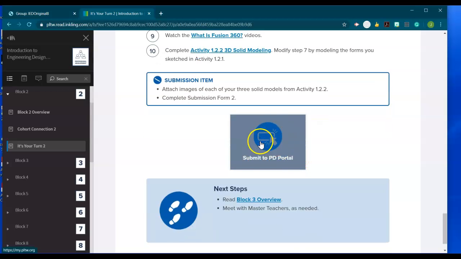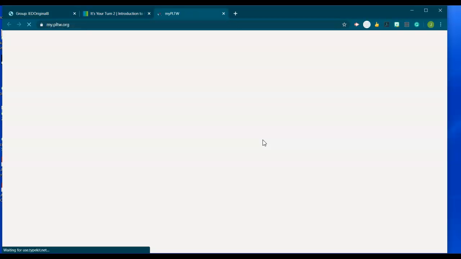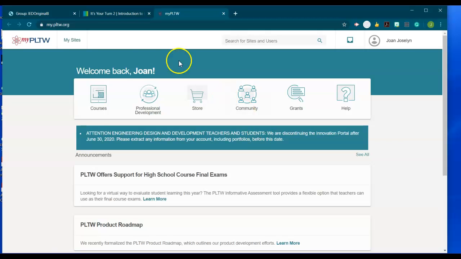So this is a reminder that there's a submission to PD portal. You can always click here to access your forms. You don't have to, but you can. Click on it and take a look. It takes you back to the home page. And in order to locate your forms and submit your forms, you would go to Professional Development